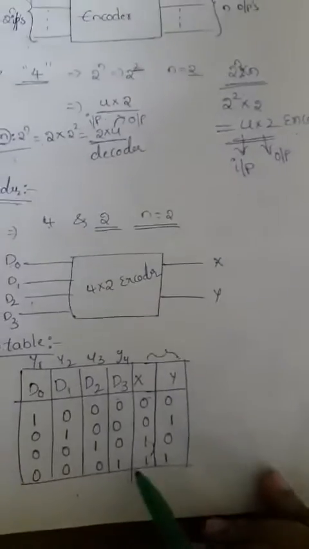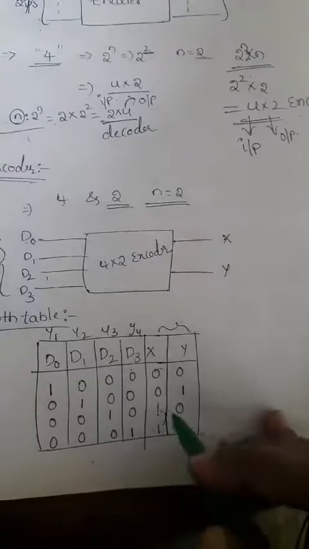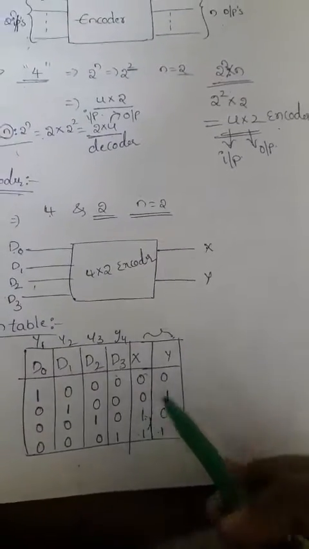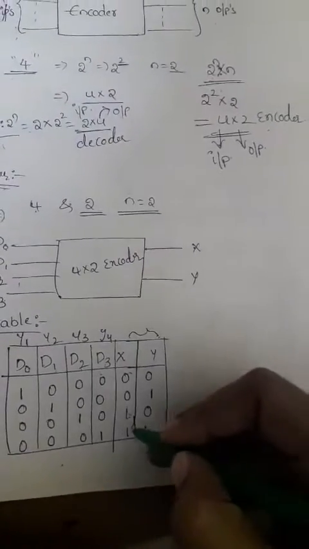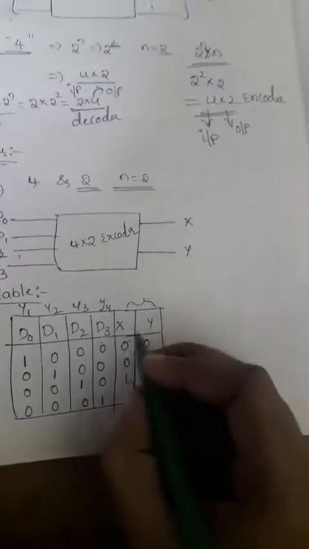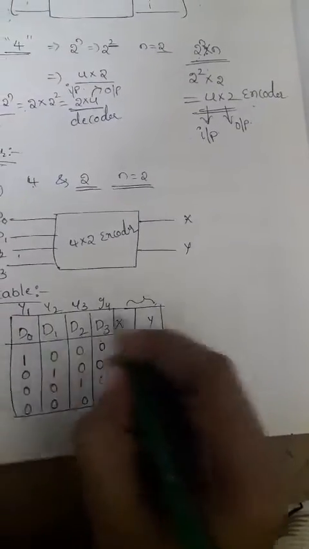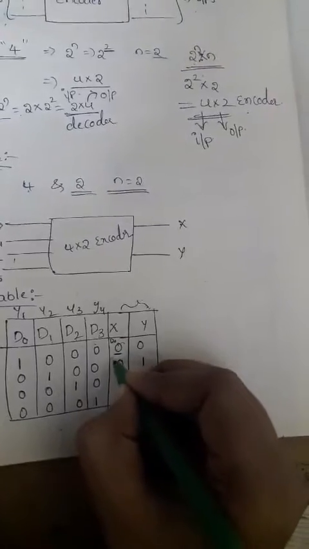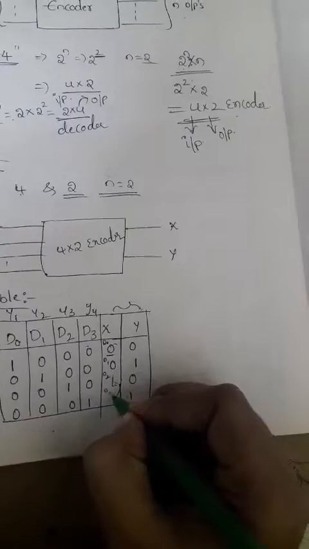So directly we can say how we will choose that here. Before going to do the K-map, you can do this directly. For the output x, the first x value becomes equal to the input of this value. So for x, the first value we can choose as d0, the second value we choose as d1, the third value we choose as d2, and this is d3.